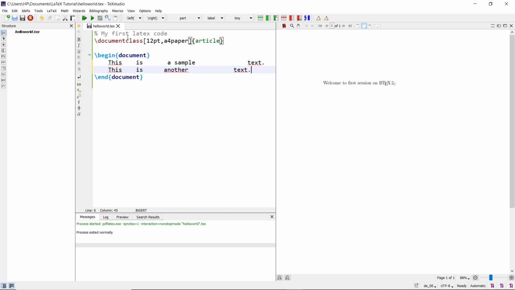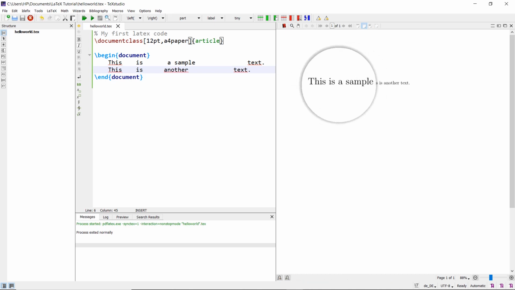Note that I have used a lot of spaces between each word, and also after one line I have hit an enter and then written another line. Let us see how this gets typeset. I am not using the term compile, I am using the term typeset because LaTeX is a typesetting tool. I'll press F5.